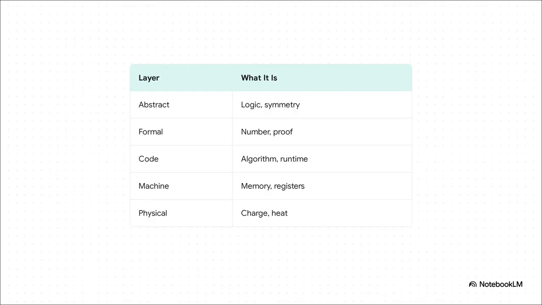Usually, when we do high-level math, we just abstract the machine away. We treat symbols as these perfect, flawless things and ignore the physical implementation entirely. But the Nexus framework demands an ontological inversion, meaning we literally have to flip our entire worldview upside down. We need to look at how abstract logic maps all the way down through the formal code, into the machine memory, and right down to physical charge and heat. Because that physical implementation, the actual geometric limit of the substrate, that is where the truth actually leaks out. Math is basically just logic forced into a physical substrate.